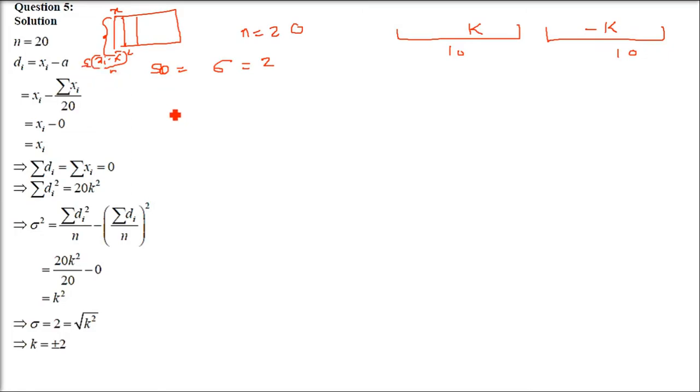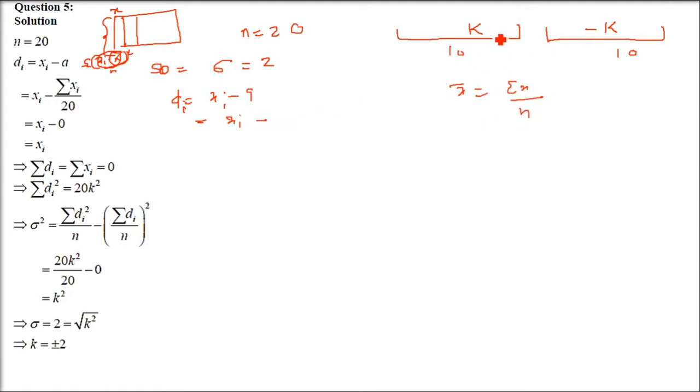This is what we have been doing, and this d is x minus a. X is all the values, and we take out or remove the mean. So what is the mean here? Mean is sum of all the elements divided by n. Xi minus a, a is the mean. So if we start computing the mean, what are we going to get? All are k and others are minus k.